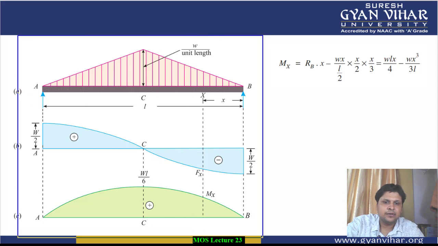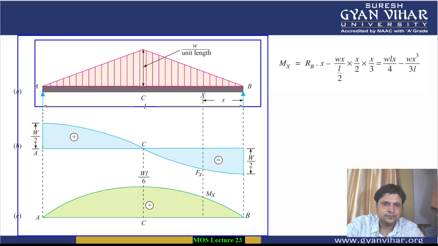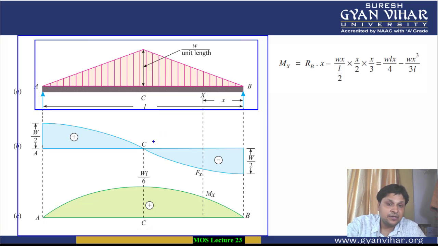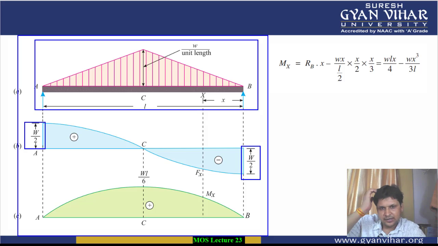You can see this was the load which was acting, and then after the shear force diagram, you can see the value at this end was W by 2, and again at this end was W by 2. When we are considering right, we are taking negative, and when we are considering left of the section, forces going upwards, we are taking as positive. So in this way, you can see this is the shear force diagram in front of you, and we have drawn it by a parabolic line.